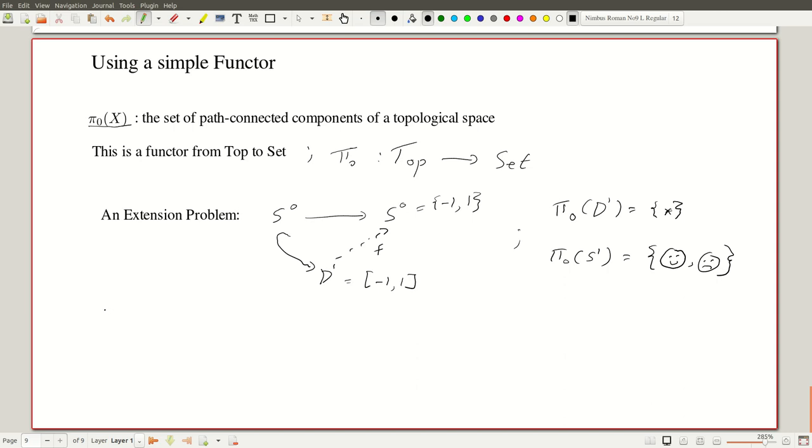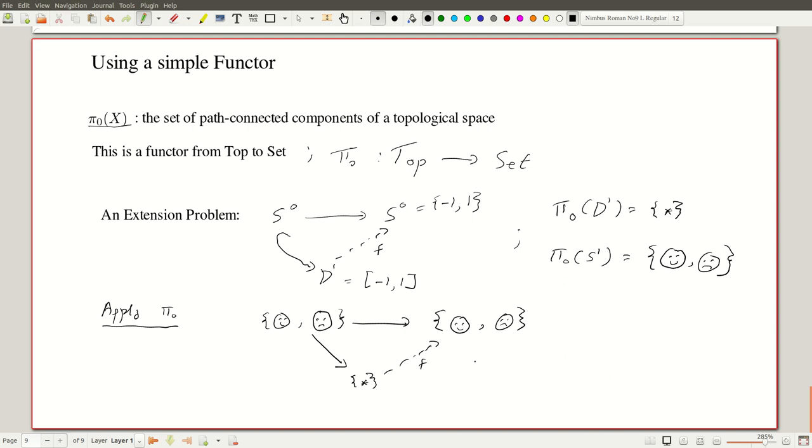Okay, and so what happens if we apply pi 0 is that we have a smile and a frown mapped to themselves, and this is the identity map. So smile remains smiling and the frown remains frowning, no change has been made. This guy goes to the star. Oh, that's not a smile, just a star. And we know what this map is. Both of them go to star, and we want f.